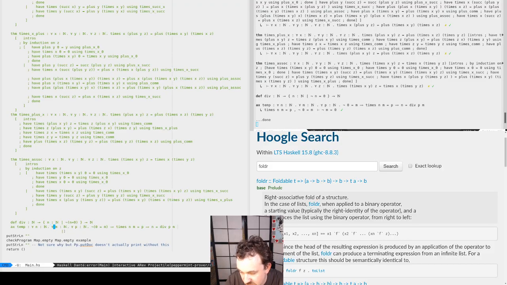So division is such that if 0 is different from m, and p is times nm, and n is div pm. Actually, that looks correct. Though it should be an equivalence, right?